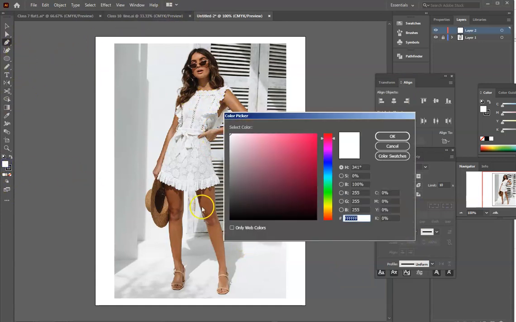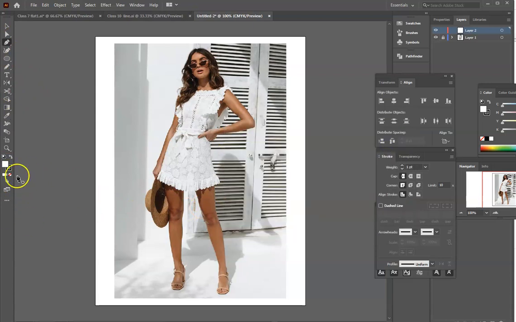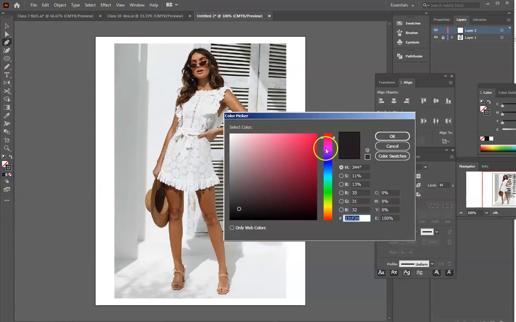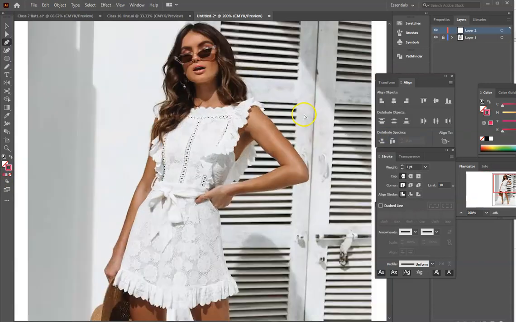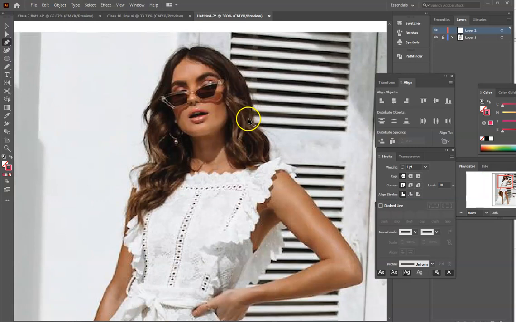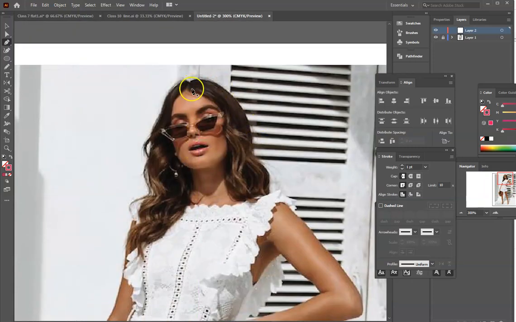Okay, and then we will trace with P, and then make sure you have no fill, and only line color. I will actually use the red color again so you can see, but you don't need to if you don't want to. Okay. And we will add the hair later, but we will draw